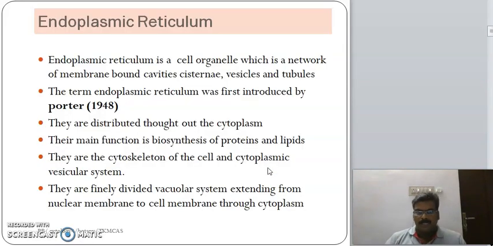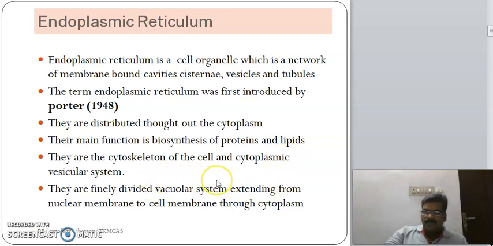Now, what is endoplasmic reticulum? It is a membranous network. They are formed of membrane-bound structures, and all these structures have internal cavities. Endoplasmic reticulum is formed of three kinds of structures: cisternae, vesicles, and tubules. The term endoplasmic reticulum was first introduced by Porter, and they are distributed throughout the cytoplasm outer to the nucleus. Coming to the function, they do protein and lipid biosynthesis,